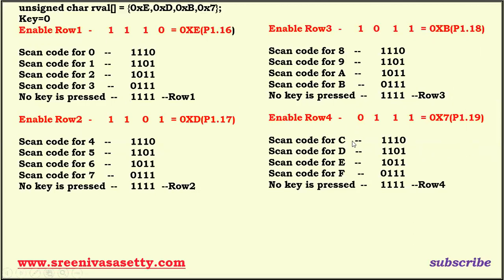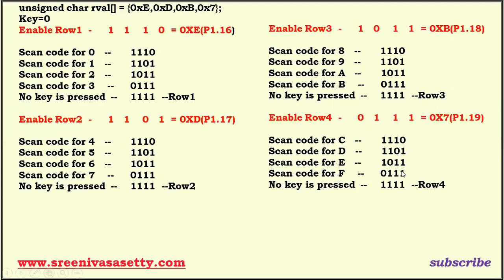Suppose assume key C is not pressed. Then we have pressed D. Then this is the current status of IO pin register. Then what is the status of first bit? 1. 1 means increment. Add this one with previous count. Therefore, previously we have 12. 12 plus 1, 13. What is the hexadecimal equivalent of 13? D. Then once you encounter 0, stop and display the current status of D like this.